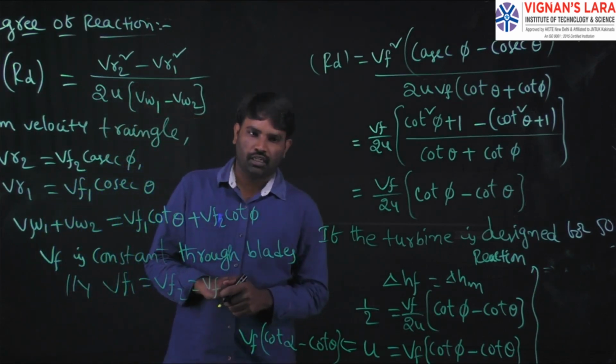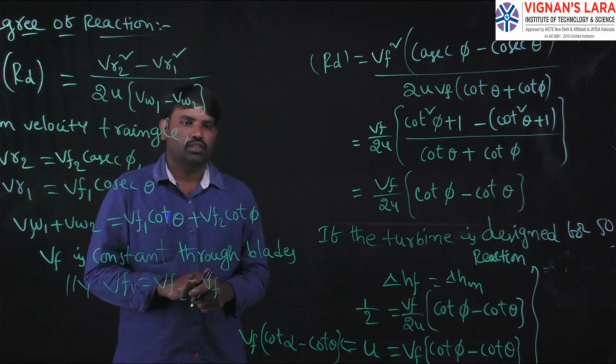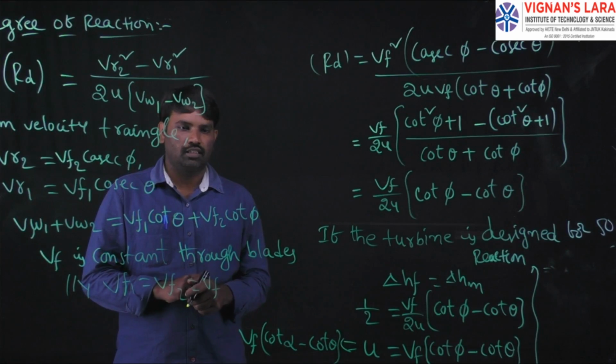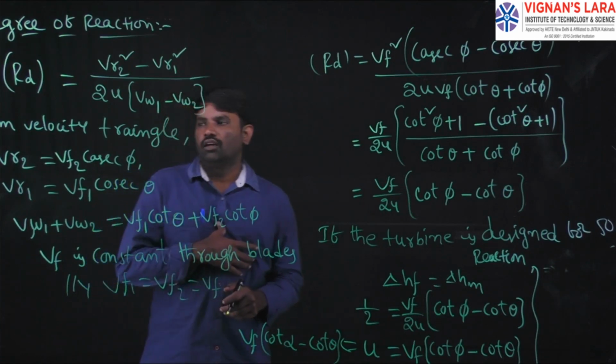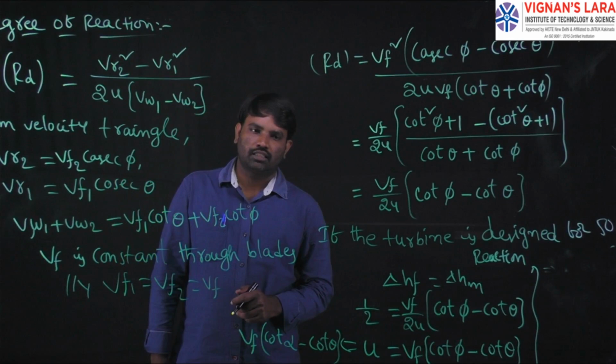In the case of work done, the work done is equal to the heat drop in a stage. U into (Vw1 minus Vw2) gives the work done in a stage, and that is equal to the total heat drop in a stage of the reaction turbine. From the velocity triangle, which we have already seen for the reaction turbine,